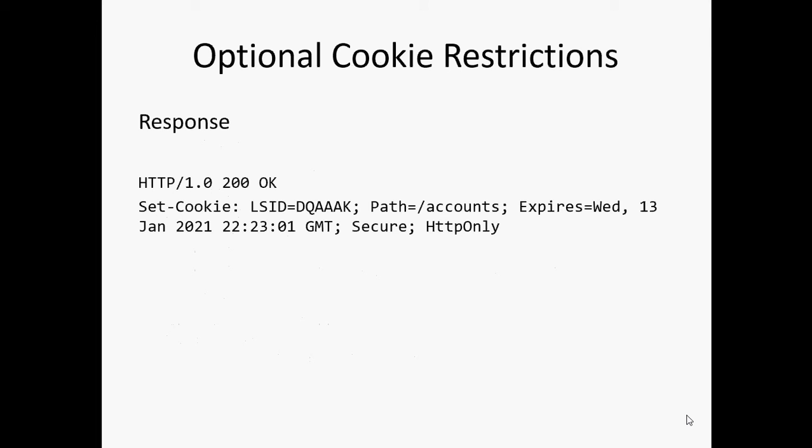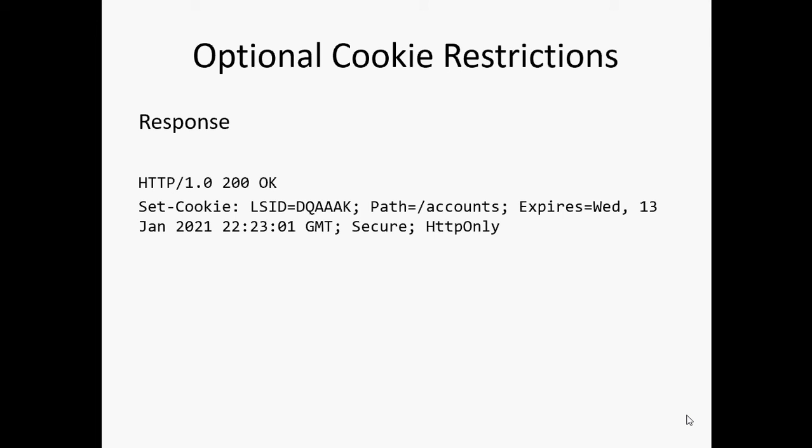In addition to specifying an expiration, you can also specify other restrictions. Domain and path attributes restrict the scope of the cookie. They tell the browser what site the cookie belongs to. For security reasons, cookies can't be set for another domain. For example, example.org cannot set a cookie that has a domain of foo.com because this would allow example.org to control cookies of